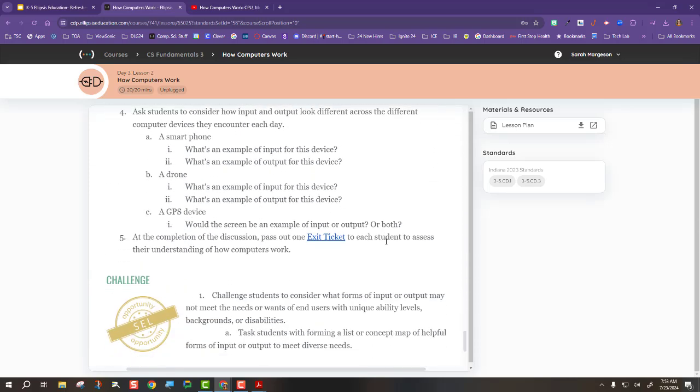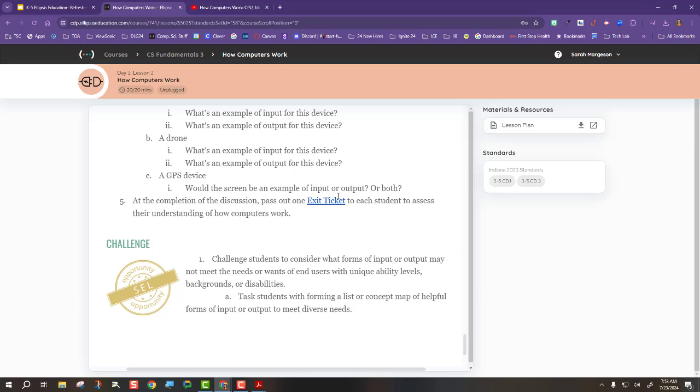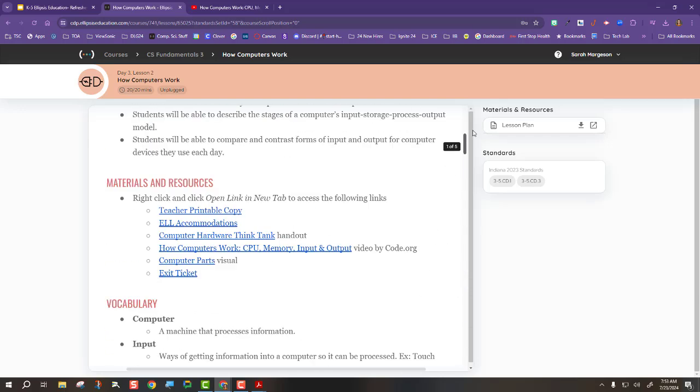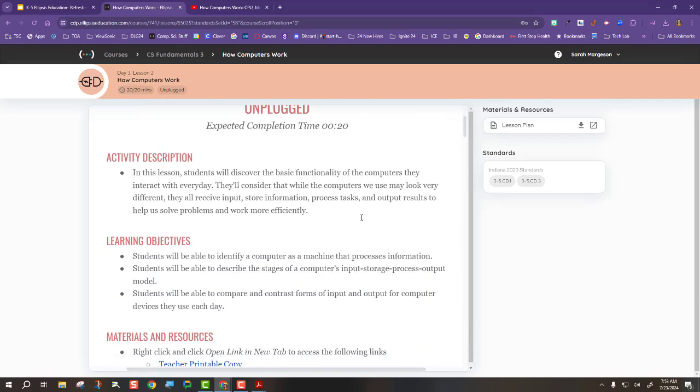And then as I scroll completely down, I see that I've got my exit ticket as well as a challenge. So if my students are ready to take that next step, we have those things in here. What if I wanted to leave this for a sub? Now this lesson isn't completely unplugged because they do need to have the link to that video. That's something to note. But notice that I'm able to download the lesson plan here and then I could print